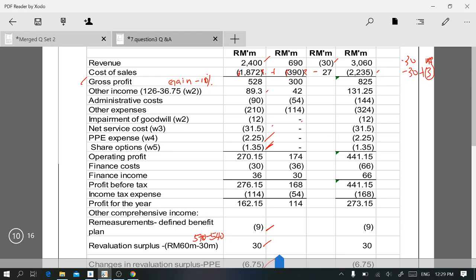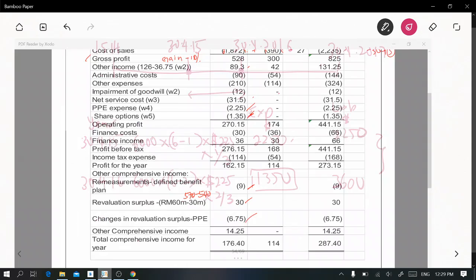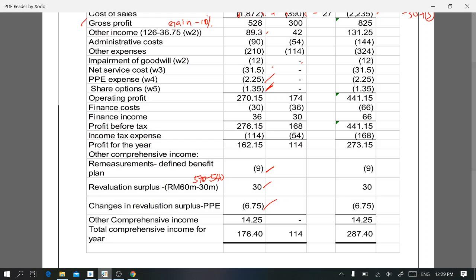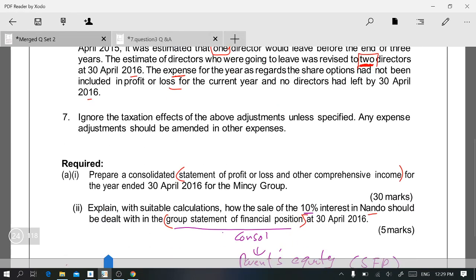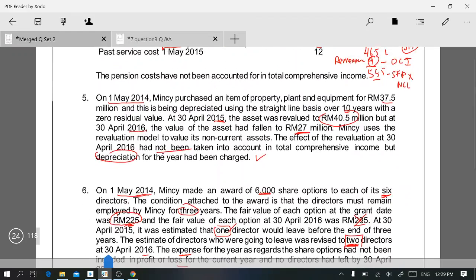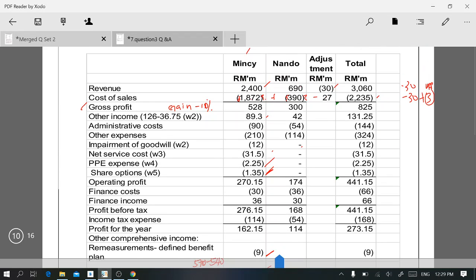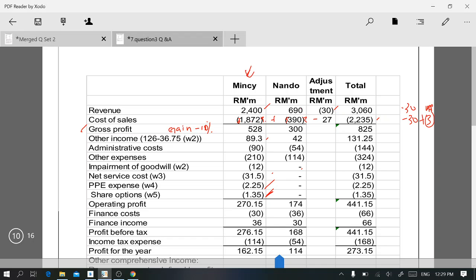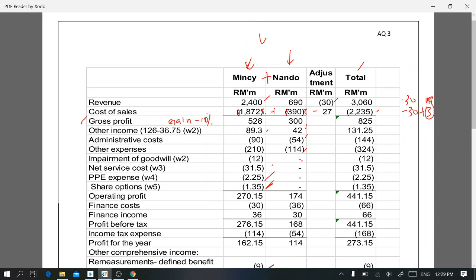Here. Okay. Alright. So all adjustments have been made. So these are adjustments in the parent. There are no adjustments in the subsidiary. These are from the question. So add across. So parent plus subsidiary, you have your total, and this is part of your working,